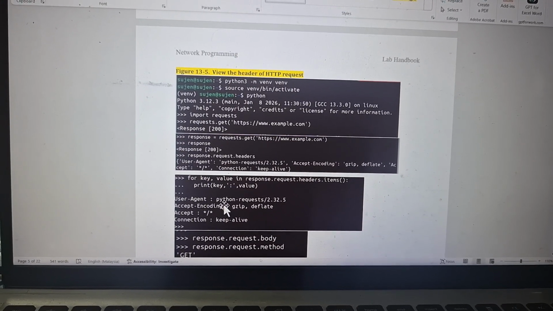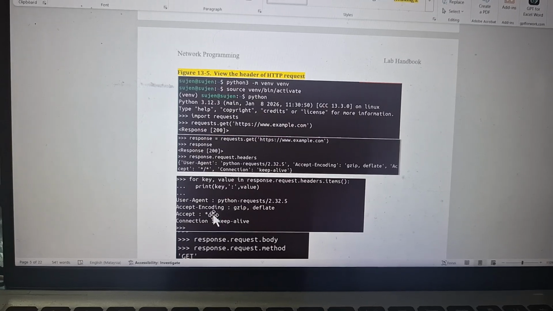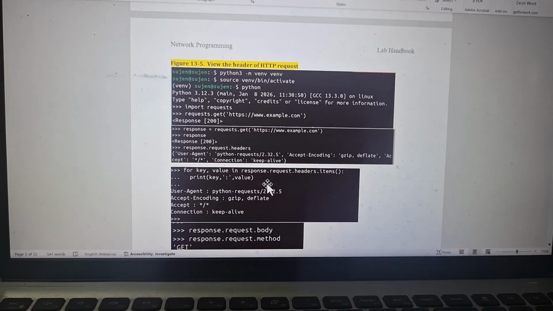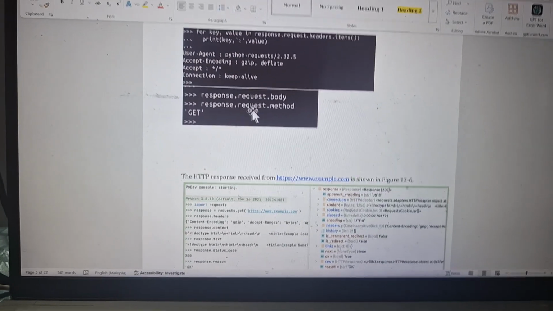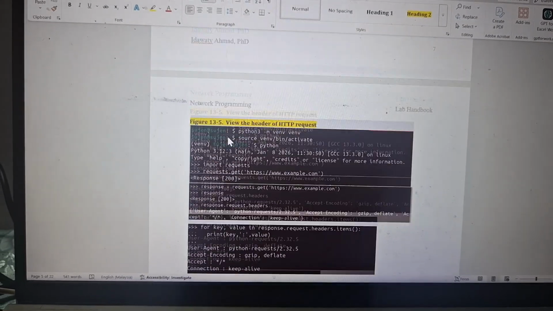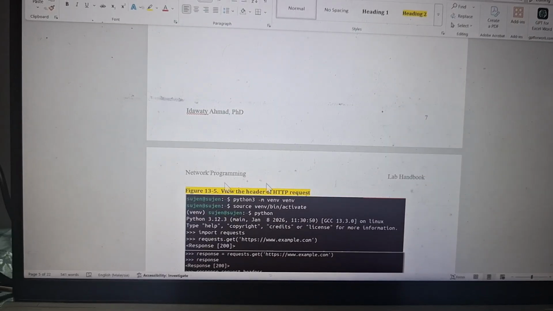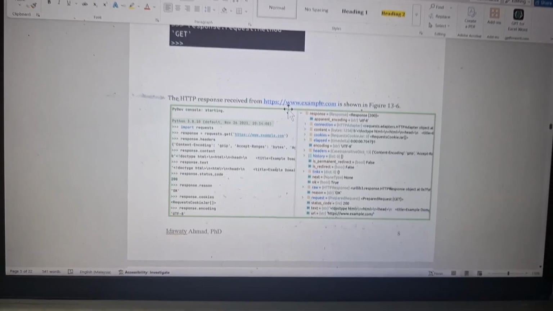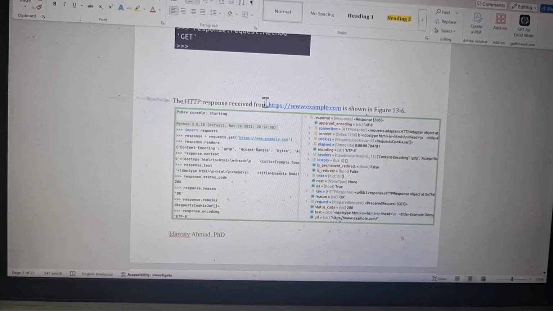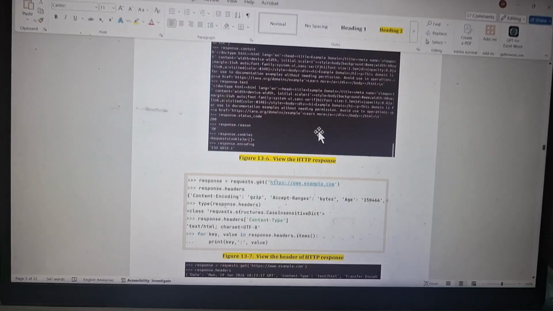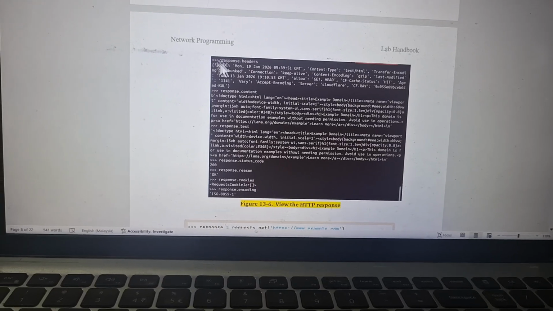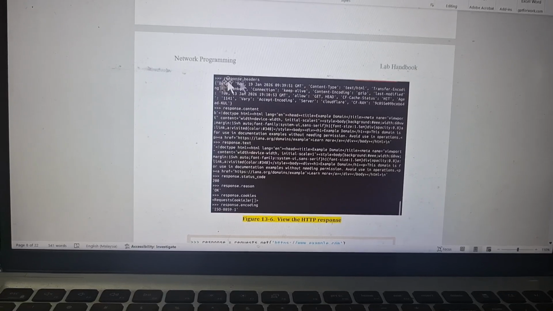So the user agent is python-requests, accept encoding is gzip, and it's accepted, and connection is keep-alive. So the response request method is GET. So we confirm that it's a GET method as we mentioned above. And then the HTTP response received from this link, the example. To view the HTTP response, we go to the response headers, and then we can see the date, and then